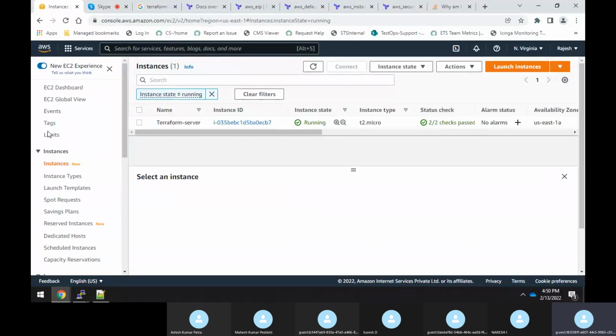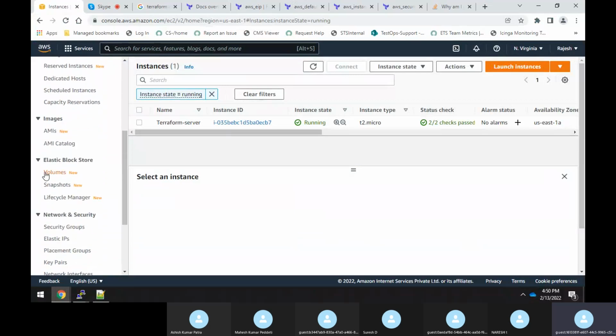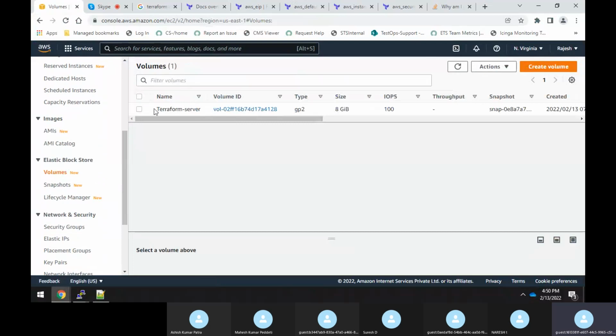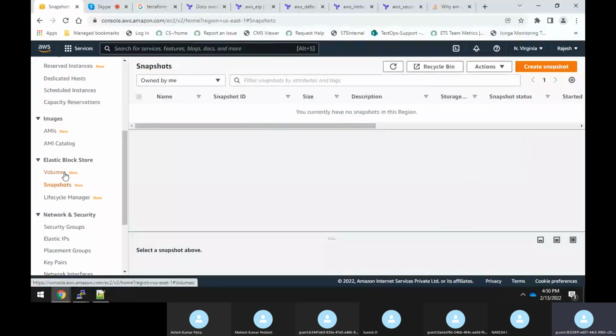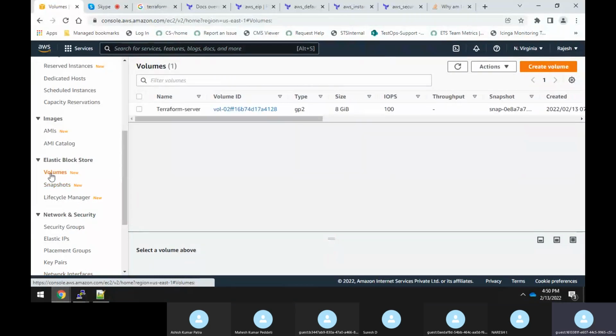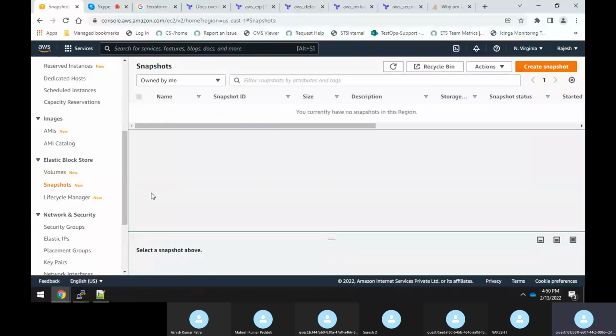So how to do that? If you come over here, see this server, where is its volume? If you come down here, there is a volume. Click here. You could see this is a running volume, and you could see the name also, Terraform server. Let me check whether there is any snapshot for this volume. See, there is no snapshot here. So I'll go to the snapshot section